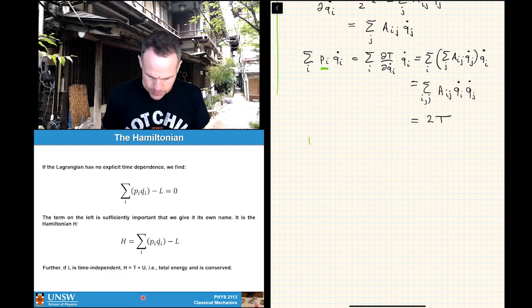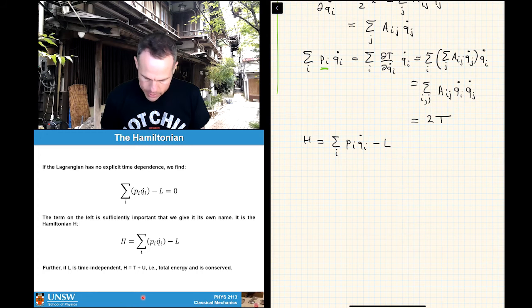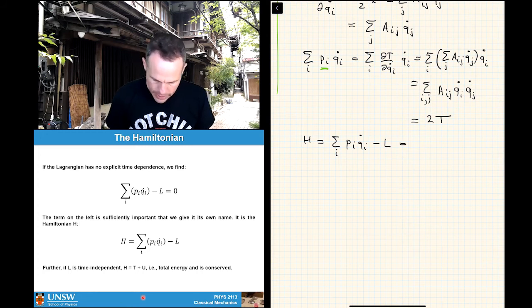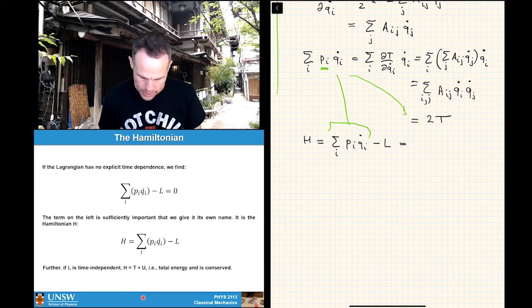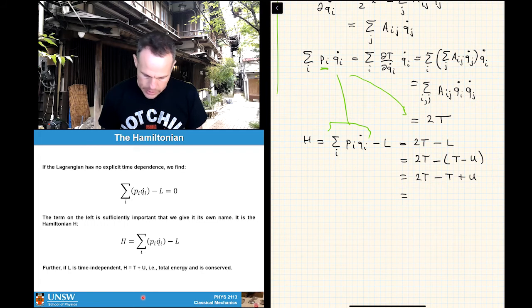My H I defined earlier as the sum over i of p_i q_i dot minus L. And of course, I've just shown that this first part here is 2T, right? So I can write 2T minus L. And of course, I know that L is T minus U. So this will be 2T minus T plus U, which is 2T minus T is T, plus U